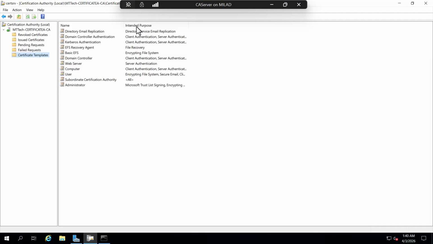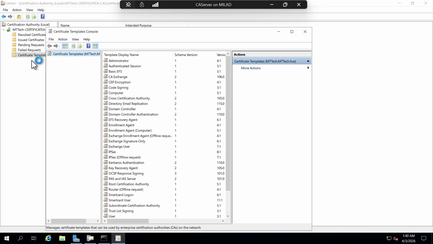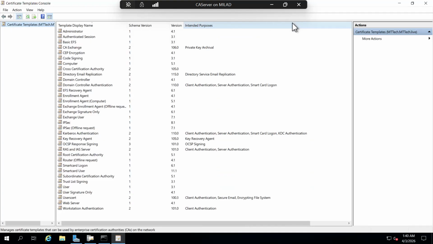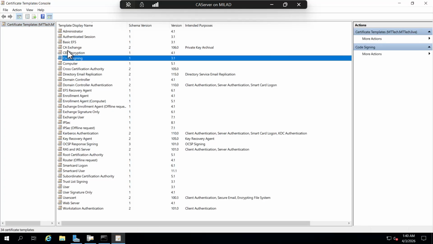So guys, let's first create a template. We will come to the certificate templates, right click, then manage. So here I have more predefined templates. So I will choose computer to issue certificates for the domain computers. So here is computer,